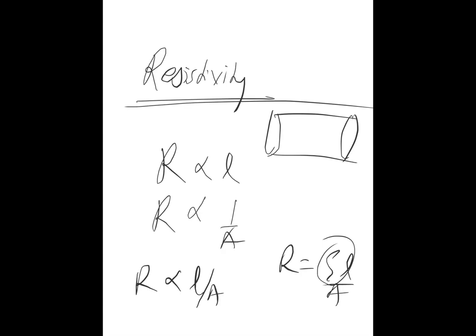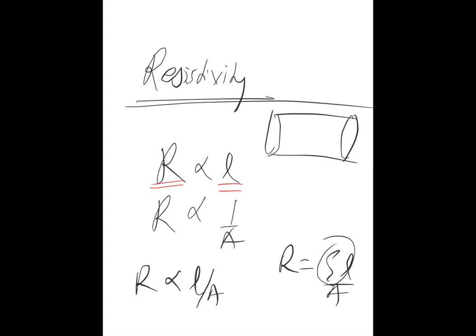Therefore, there is a property called resistance in everything in this world. Every body, every conductor, every insulator has some resistance in it, because they have a lot of atoms, and those atoms will oppose the motion of the electrons. That opposition to the motion of the electrons is called resistance. That property is called resistance.